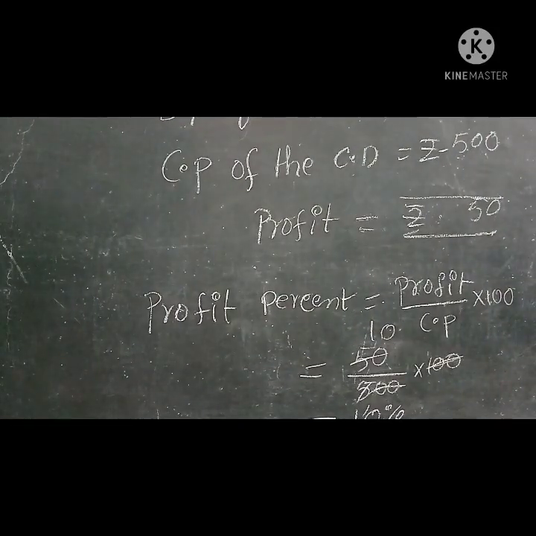See this table. Cost price and selling price are already given. So we have to find out profit or loss and how much the profit percent or loss percent is. They gave cost price and selling price. We have to find out whether that one is profit or loss, and also write the percent, profit percent and loss percent. So what is the first one?